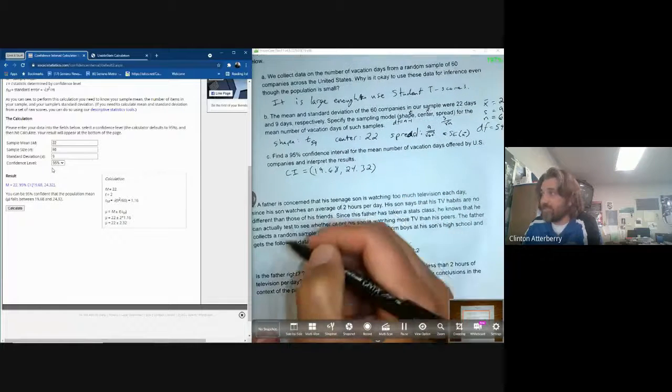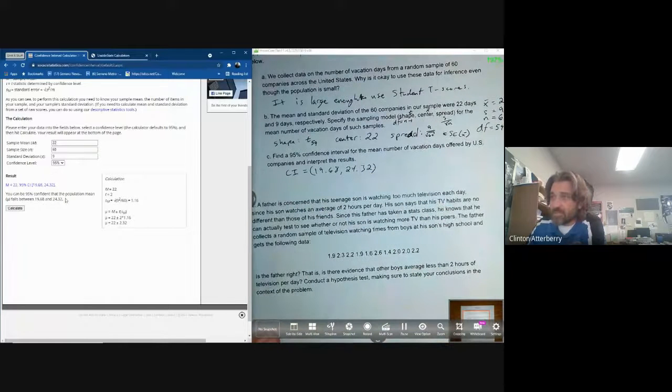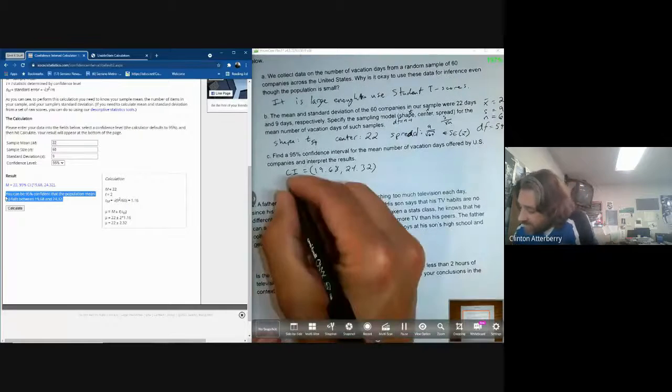Okay, we're 95% confident. So it says interpret the result. We can literally copy what it says, pretty much word for word like that. Okay, so we can say,